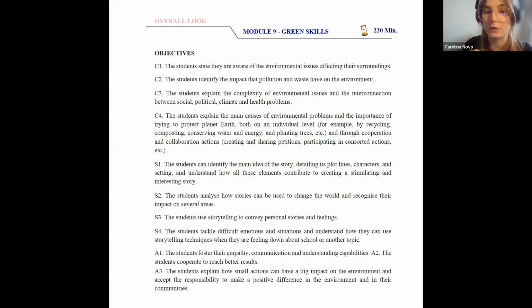So it's related to teaching students about the environmental issues that are happening not only around them, but in the planet. And also understanding how the problems in the environment affect other problems in our society. So our idea with this module was also to connect environmental problems with, for example, social problems or health problems, to understand that everything is related.